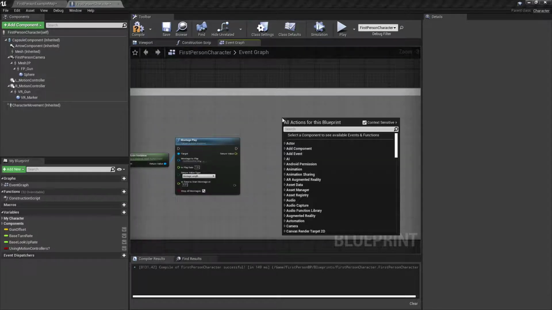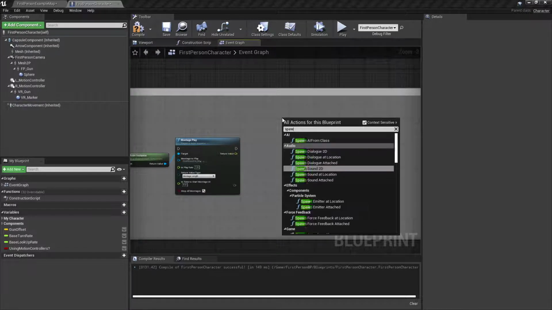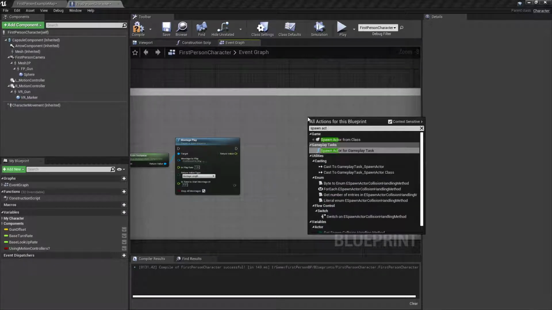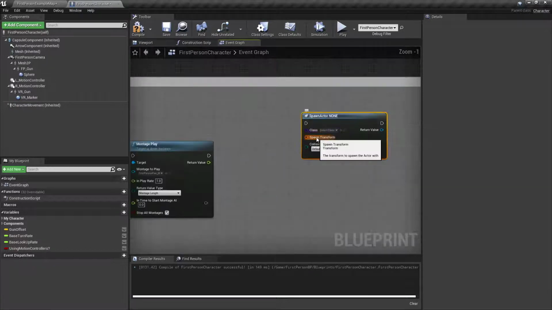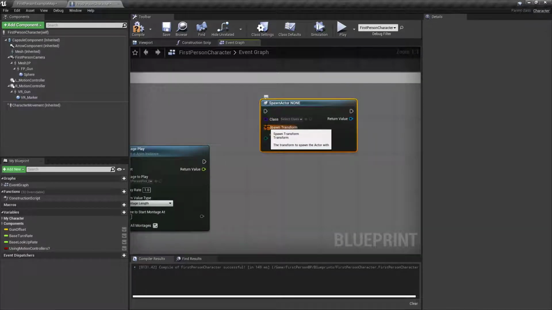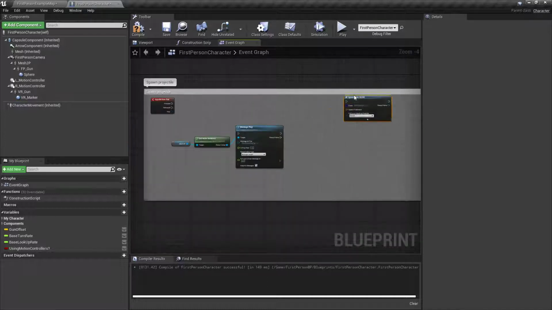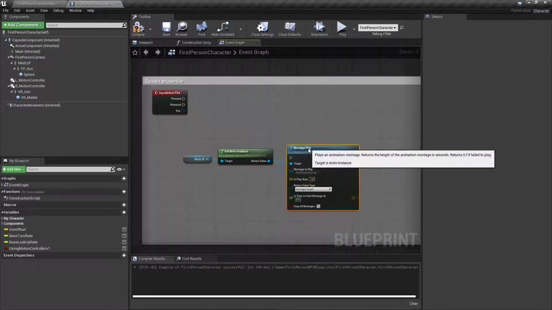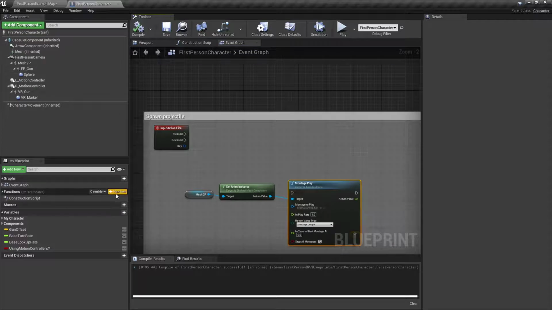So if you noticed, if we do spawn actor from class, it needs a spawn transform. And we can use this to spawn projectiles, but it needs some kind of transform in order to know where to spawn it and what direction the projectile needs to go. So we're going to be doing, oh yeah, we also want to keep this because it's just a firing animation. But anyways, we're actually going to create a function